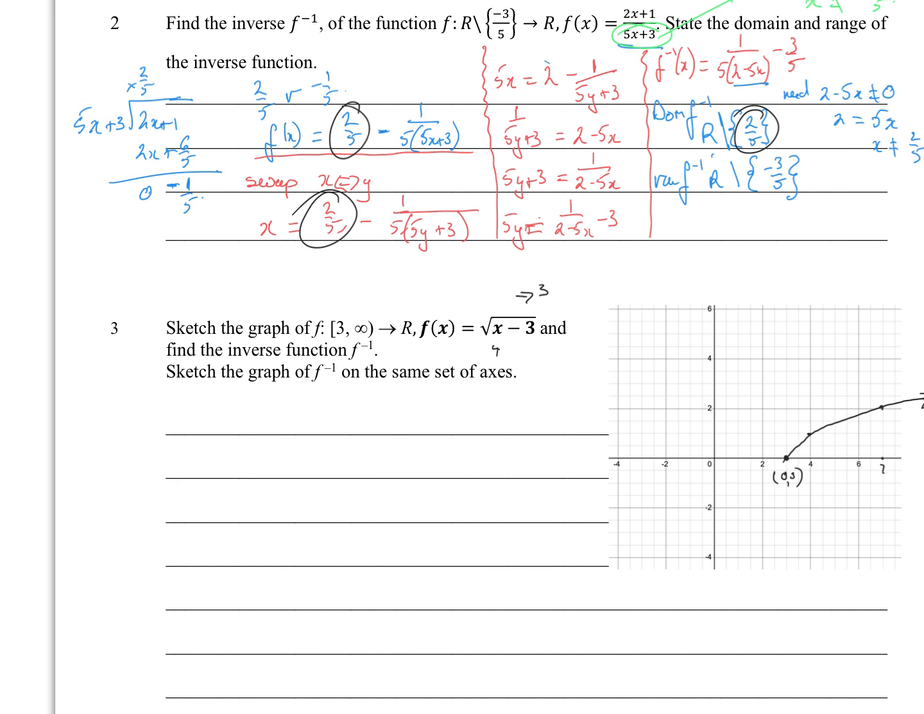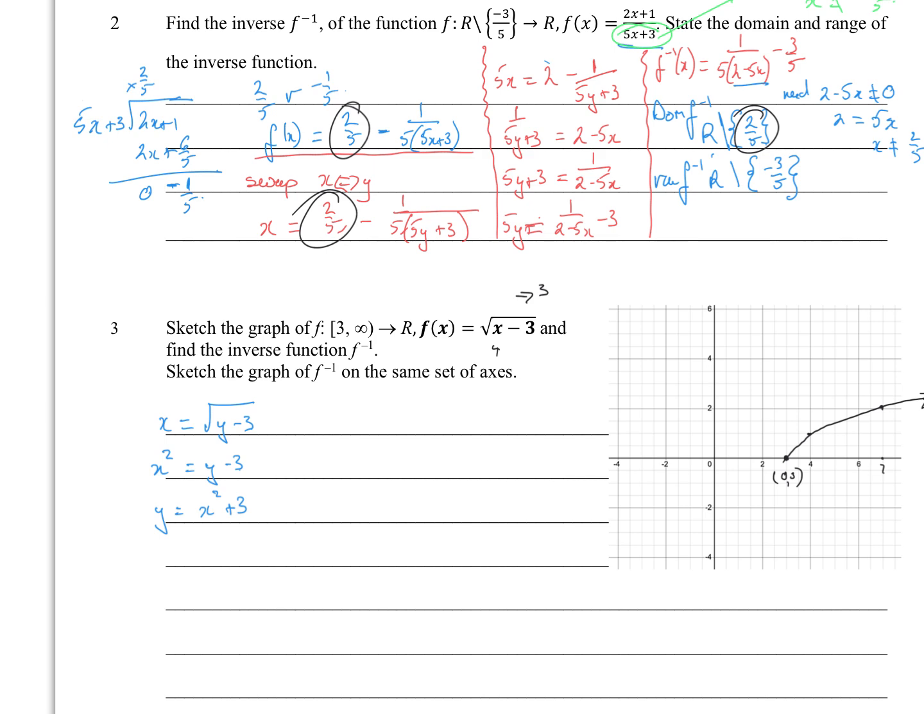And find the inverse function. Okay, so the inverse function, we'll do that in blue, means I can put x equal to square root of y minus 3. So x squared is equal to y minus 3. y is equal to x squared plus 3. But obviously,